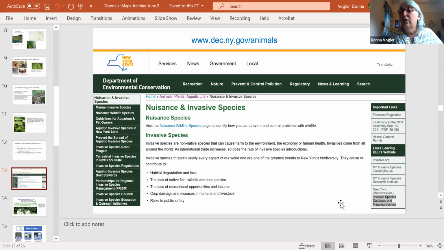But if you also look on the right-hand side, it also provides a direct link to the iMaps website. So if nothing else, you can always use it as a jumping off spot to look at some of the other areas. So I see that you are on mute, but if there's any questions, please just jump back in and I'll cover it.